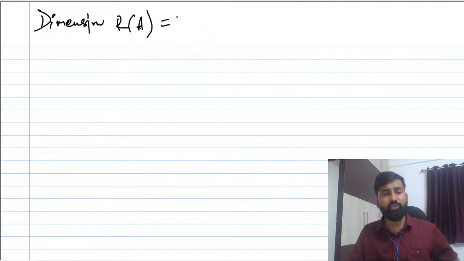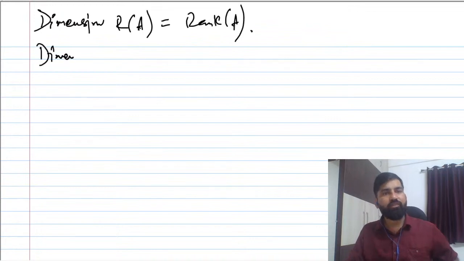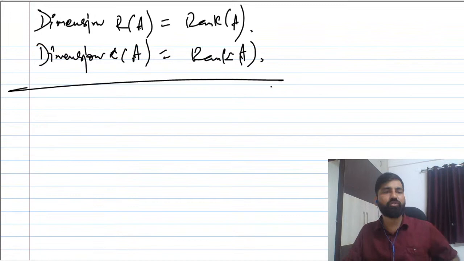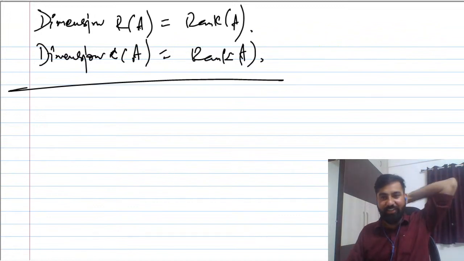The dimension of row space is going to be telling you the rank of the matrix, and the dimension of column space is going to be telling you the rank of the matrix. So these are the definitions that you should know, right, क्योंकि आपको केवल एक ही डेफिनेशन पता है,